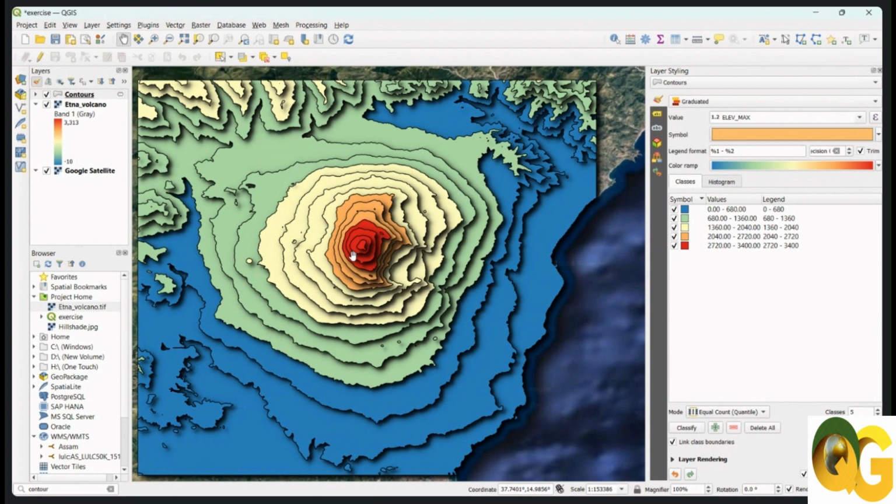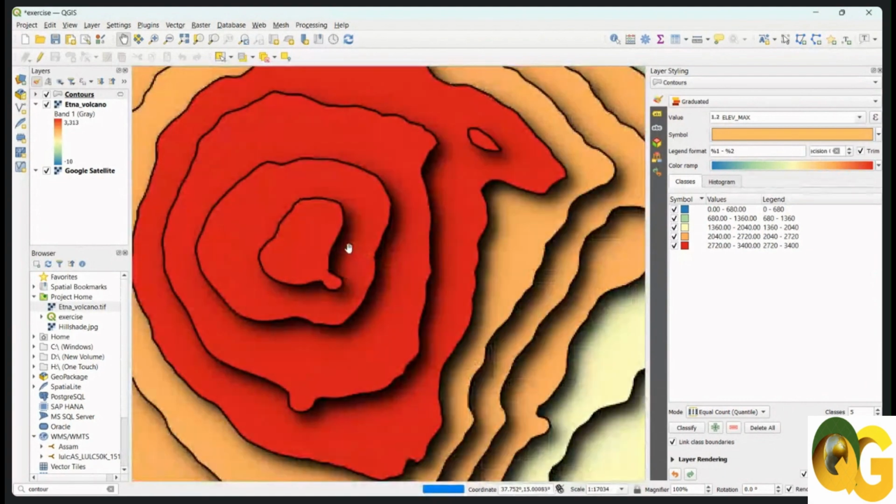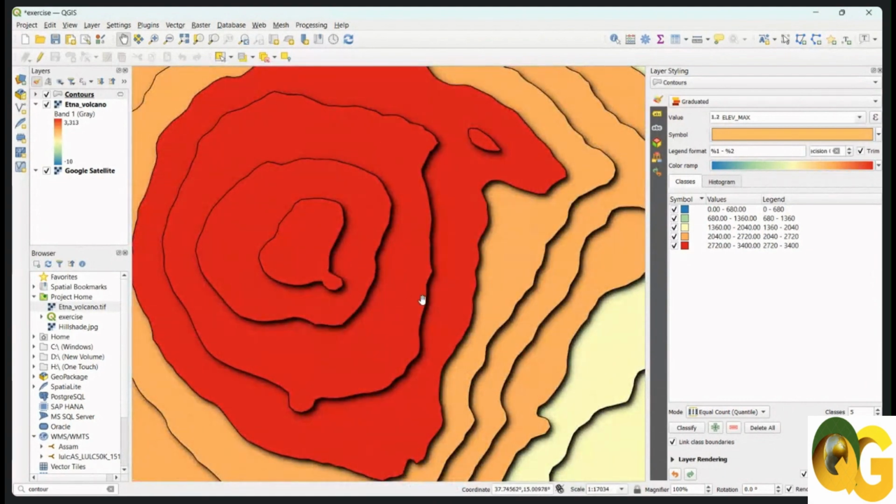Each contour line on a contour map represents a specific elevation. If you want, you can also put their elevation values. And the spacing between them, can you see the spaces between them? This is the spacing. The spacing between them represents the steepness